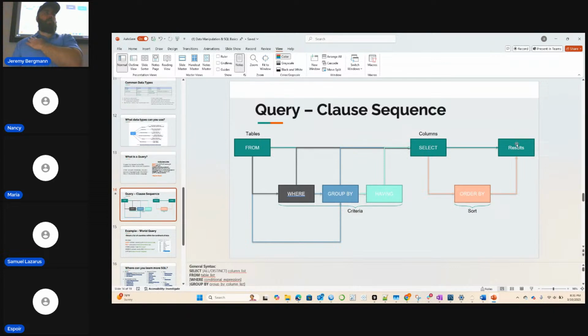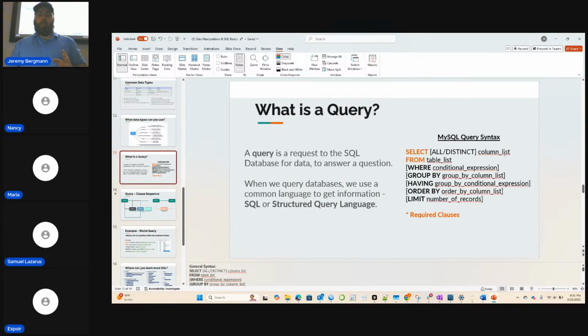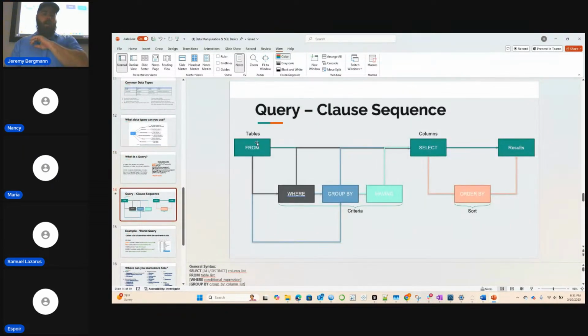I think this is just important to note because it'll help you think about how the database gets the data and how it processes it, and how you could write a query for it. Even though you have to write it in this order from top to bottom, think of it as: I want to get data from this first. I only want to get these records, and then what type of summation or columns do I want? And then how do I want to order the final result?